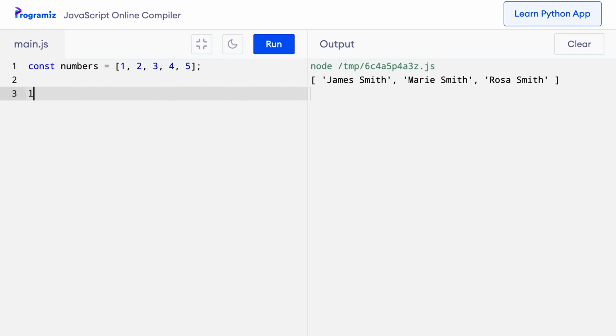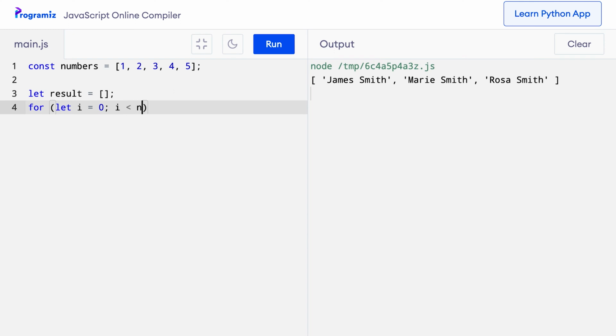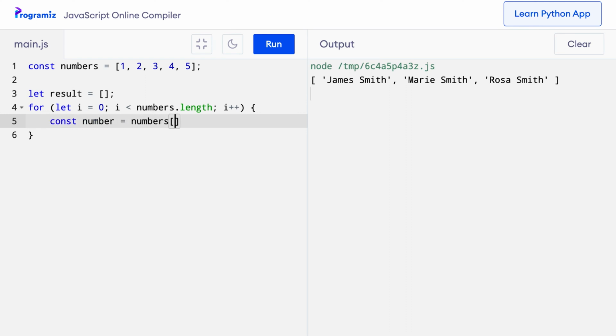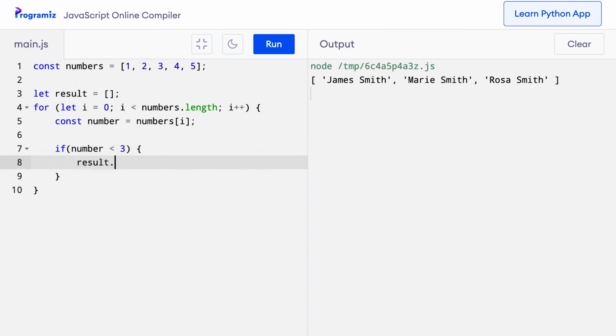So if I was going to do this with the for loop, I would do let result, I'd start with an empty array and then I would say for let i equals 0, i less than numbers.length and i++, and inside I would say const number equals numbers[i], and I would say if number less than 3, only then I want you to add the number to the result